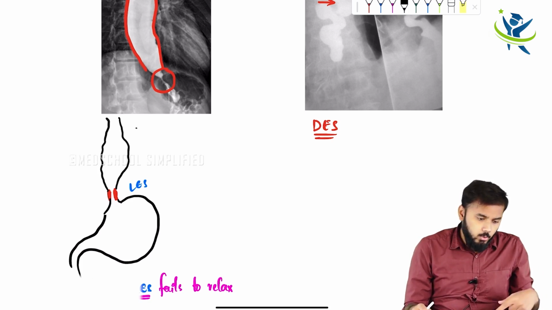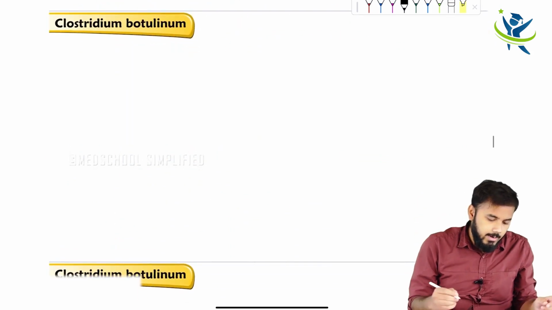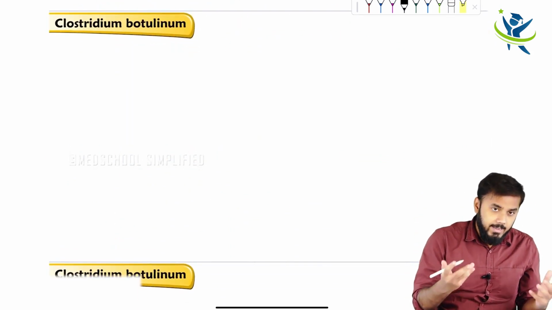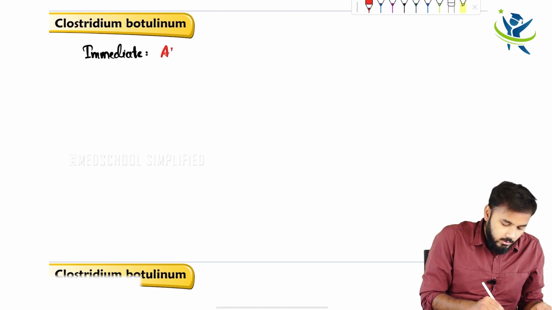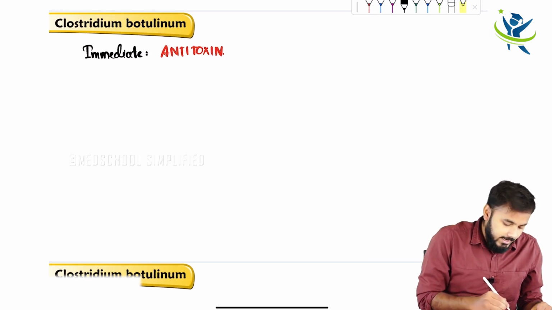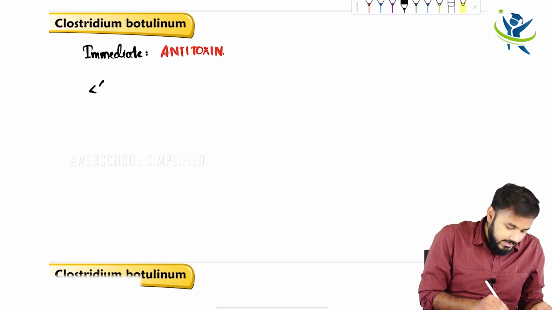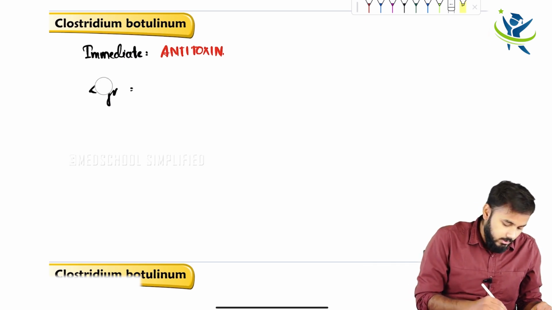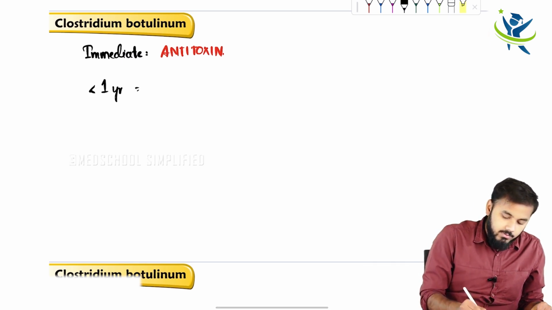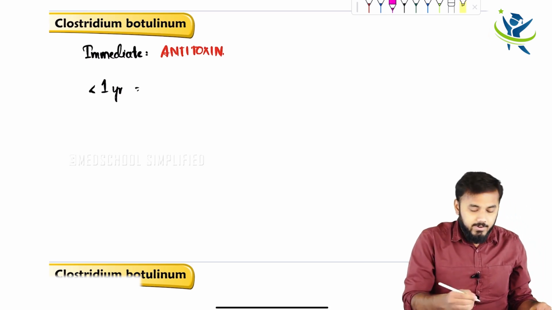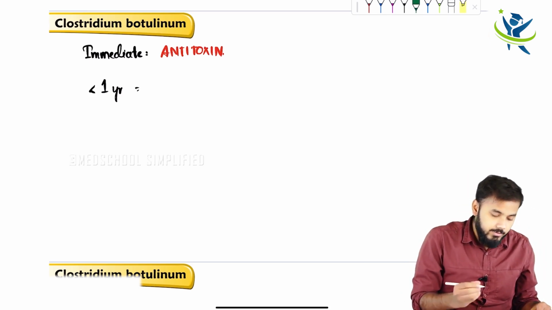Cool. So let us now discuss the final part. For example, if someone needs emergency care, the immediate action we take is to give an antitoxin. But anyways guys, there are treatments. For example, if a baby who is less than 1 year of life is affected with this Clostridium botulinum,